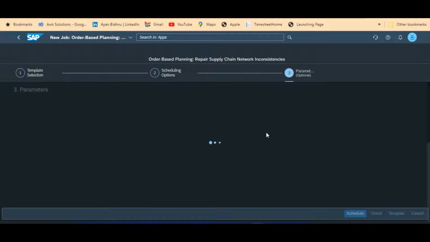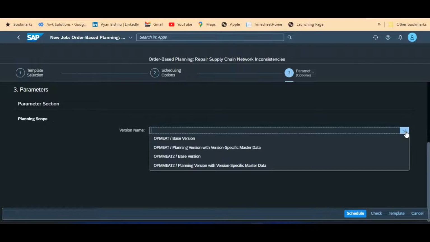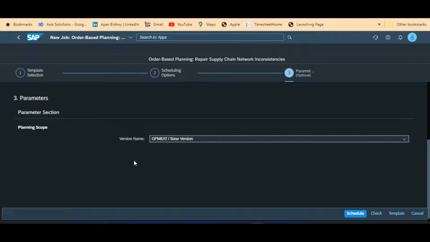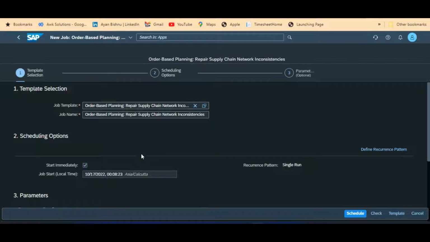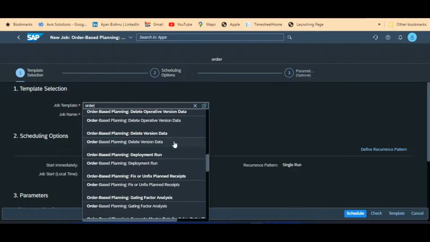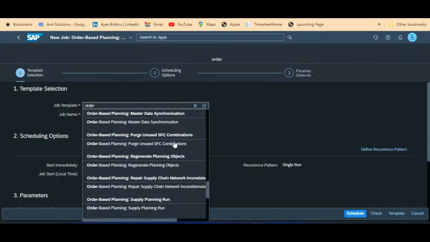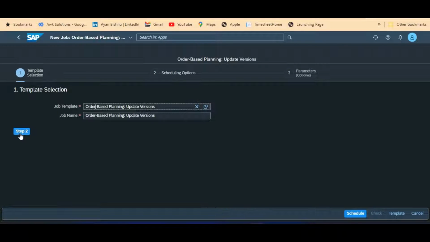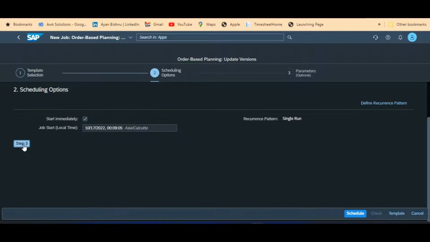This is also a very important step wherein we just select the appropriate planning area version and schedule it. If there are any inconsistencies or master data that needs to be repaired, it will be automatically taken care of by the system. And once this is done, as a last step, we should run update versions. So these are the three jobs that we should run in sequence in order to synchronize everything.